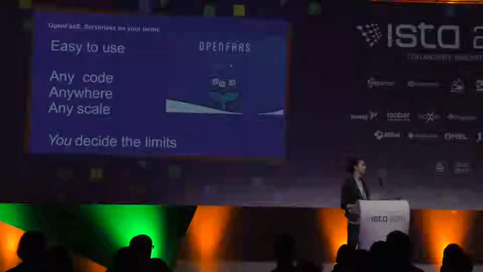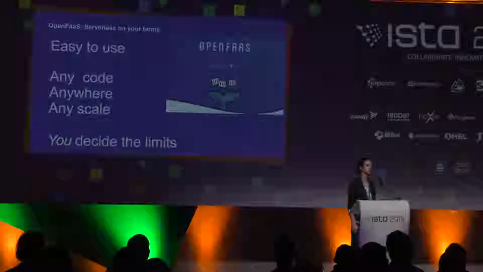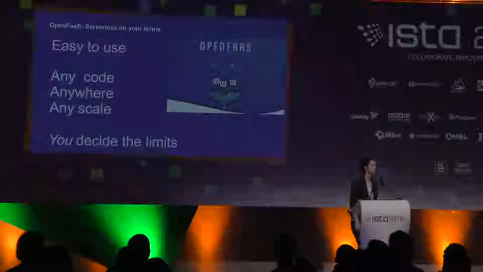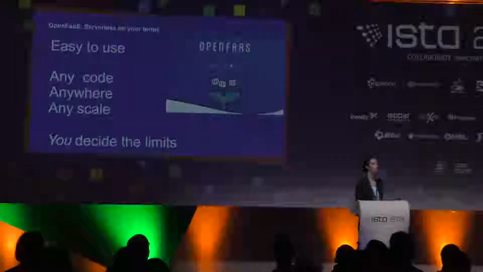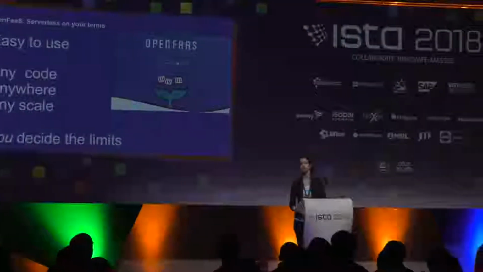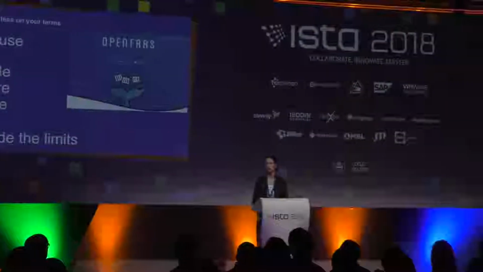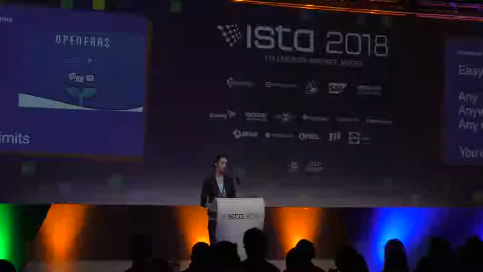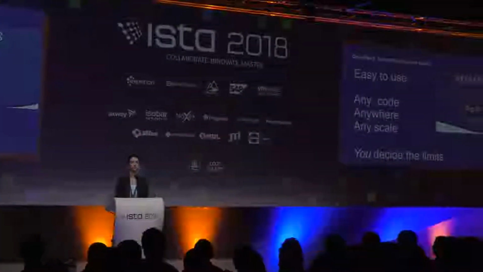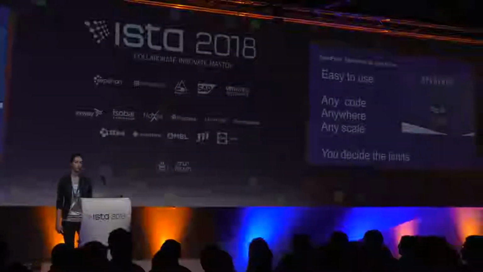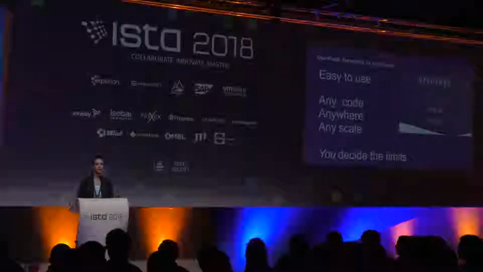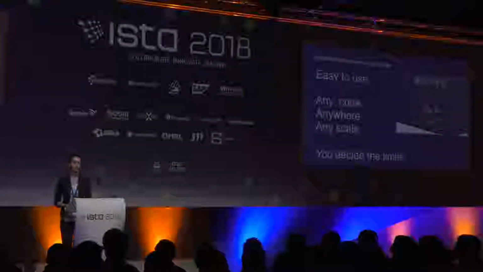For example, if you have millions of requests to your function, you can scale it as much as you need to. You don't have limitation of number of replicas of your functions. And you also don't have any restrictions about how big your function can be. It can be gigabytes if you wish to. And it's because this is not a hosted system, it's a framework. With hosted systems, you have a limit. Because yes, for example, with AWS Lambda, you can't have a function more than 100 megabytes.